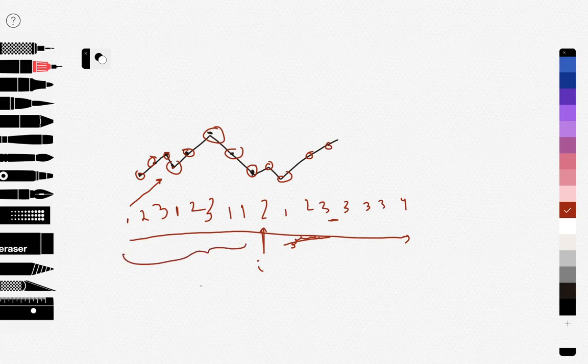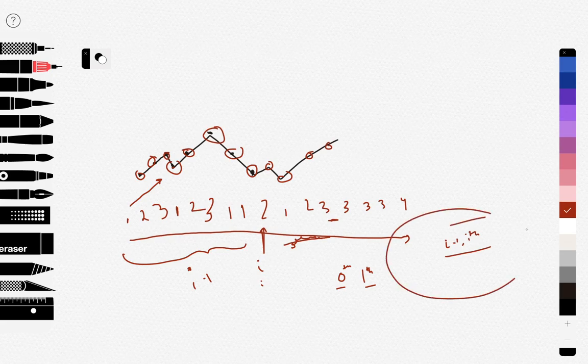So the problem is already solved for I minus 1, it is correct for I minus 1, and hence it is correct for I. We can prove it by induction: assuming it is correct for the 0th element, it is also correct for the first element, and assuming that it is correct for any I minus 1 element, we can say that it is also correct for any ith element. So I can be anything. By induction it can be proven when moving from left to right, but it is not from right to left. So we can do the same thing again from right to left.